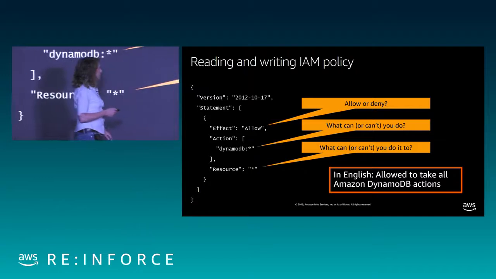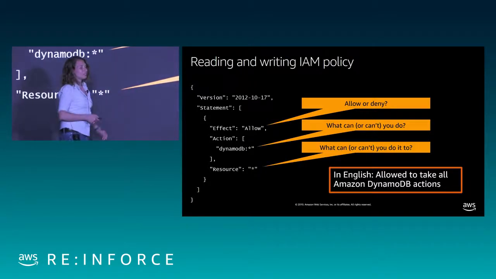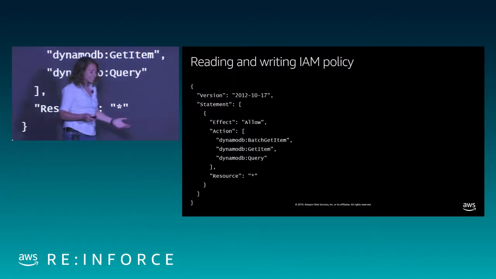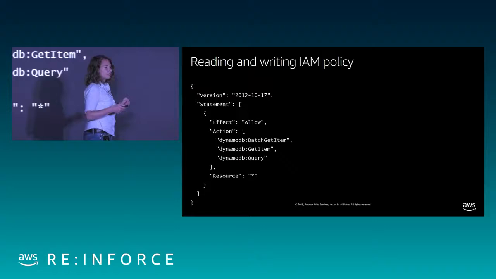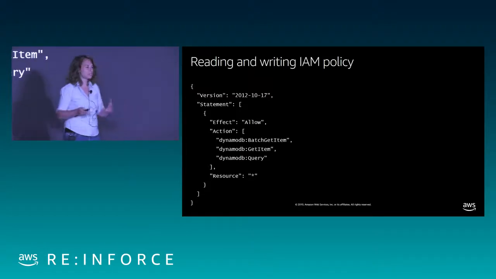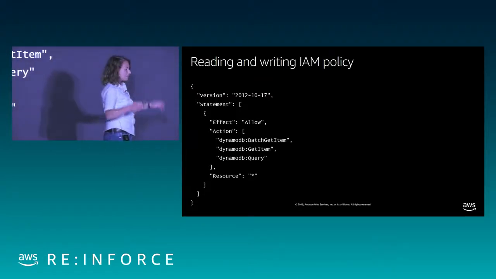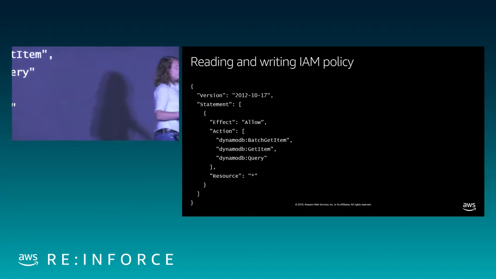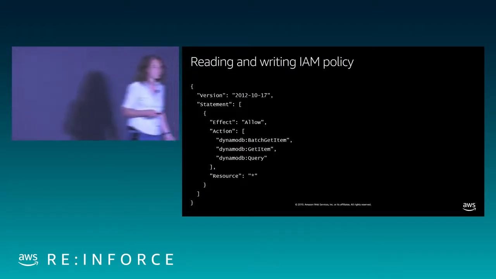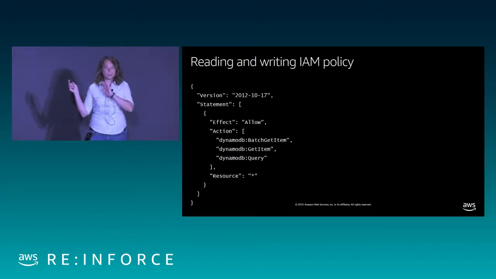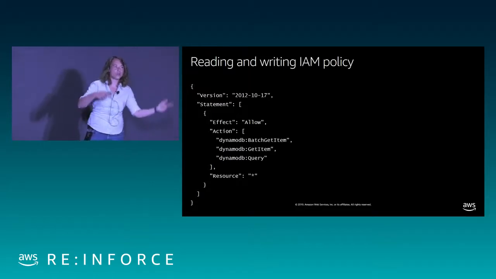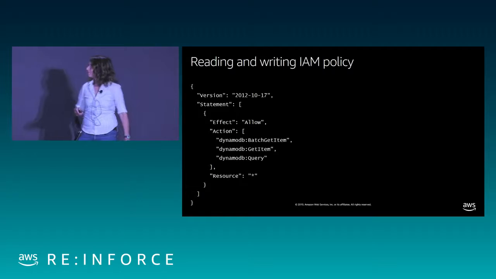Okay, well, you're security people, you probably want to get a little bit more granular than that. Let's say I was going to be writing an IAM policy for an application that I'm writing. Maybe this is a serverless application I'm going to run on Lambda that needs to read a bunch of things out of a DynamoDB table as part of doing its job. This is going to be the policy attached to the role for the Lambda function.